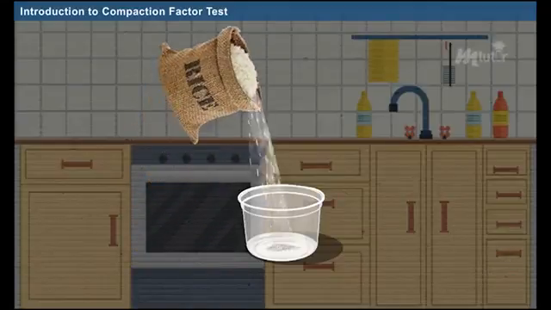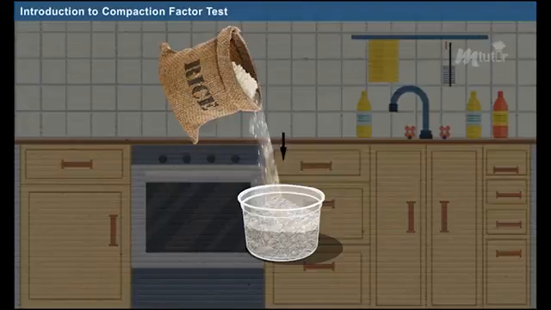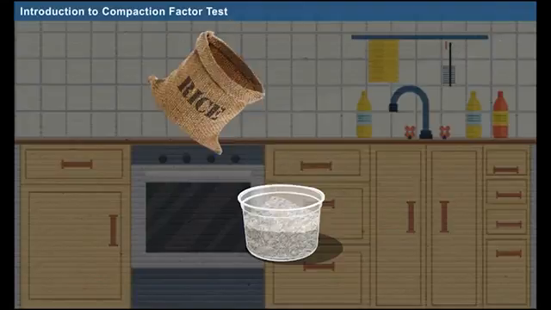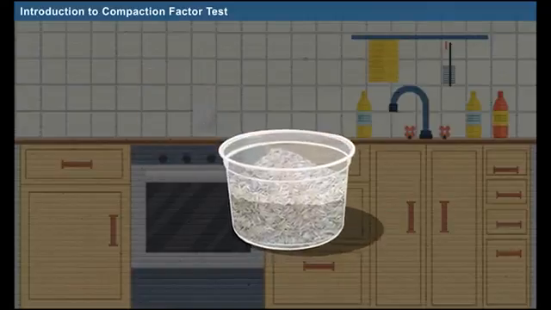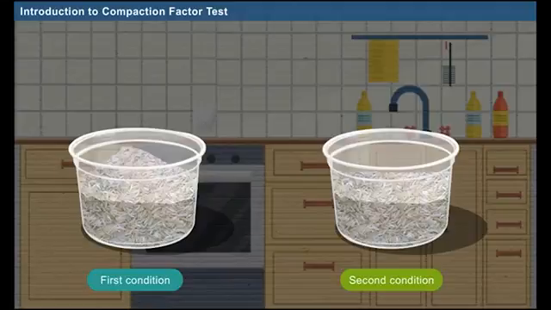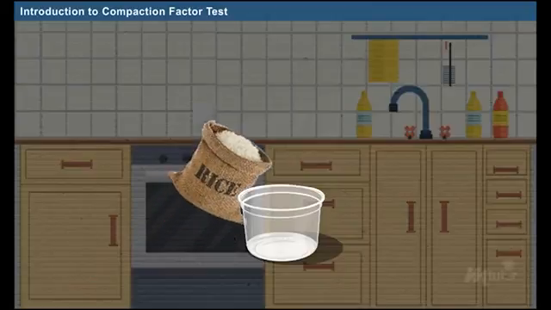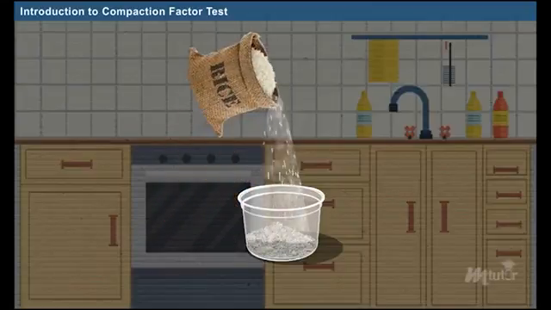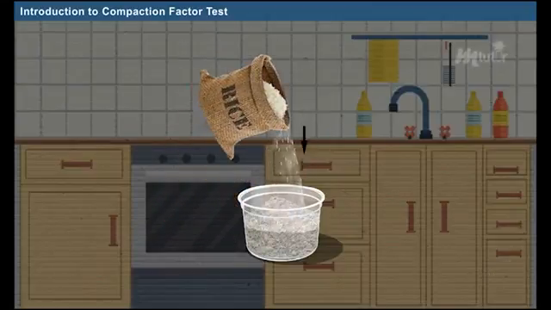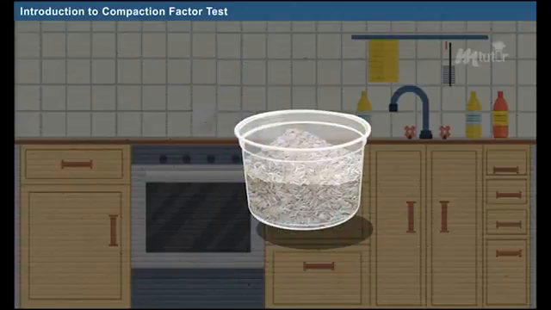While falling from a certain height, the grains get compacted internally due to the gravitational force applied. Then, you shake the container externally. When you compare both the conditions, external energy for the first condition is more than the second condition. Do you know the reason for this? It is because the grains that fall from a certain height get compacted internally, and then you shake the container